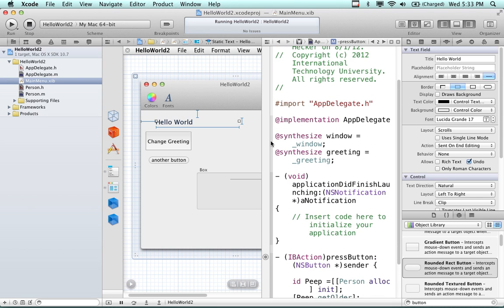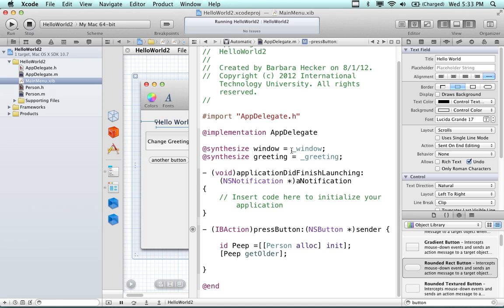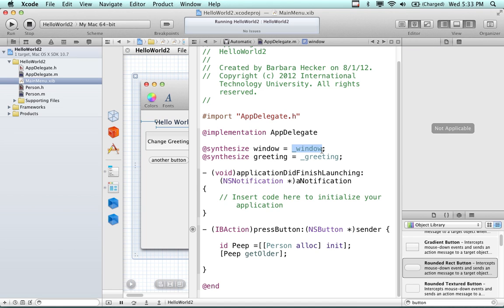greeting. And so you can see actually here's something else, a different form of the initialization. And this you don't get with the iPad or iPhone iOS interface. What you get here is this underline, which says you're synthesizing window, and it's going to be equal to underscore window. It's basically to avoid confusion in terms of the naming convention. So now we have underscore greeting. I could actually take this out if I wanted to and not call it underscore greeting and just call it greeting. So if I do that, then I can come down here and say, let's say for example, greeting,